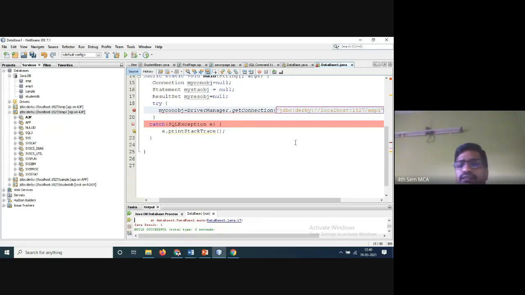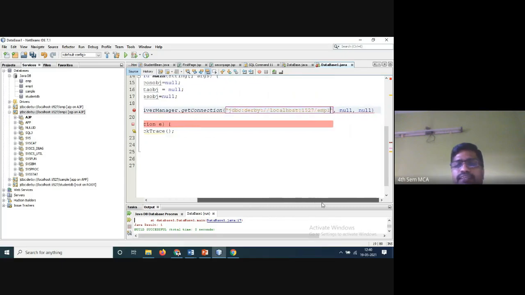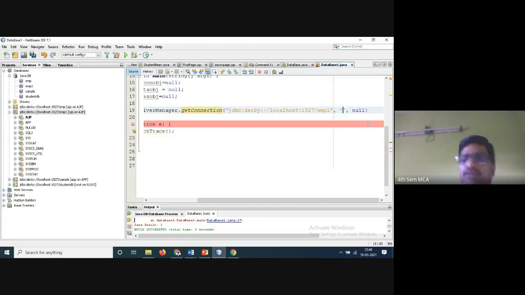So you have entered it. Can you see this? Null is nothing but, delete null and the double quotes. The second one is the username. What username have you given here? AJP. The password is also the same, AJP. So give AJP within the double quotes, end with the semicolon.